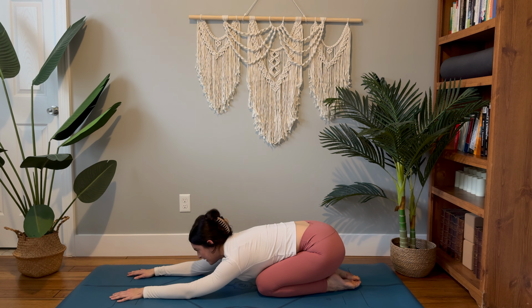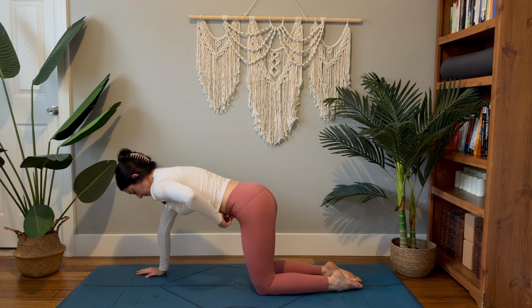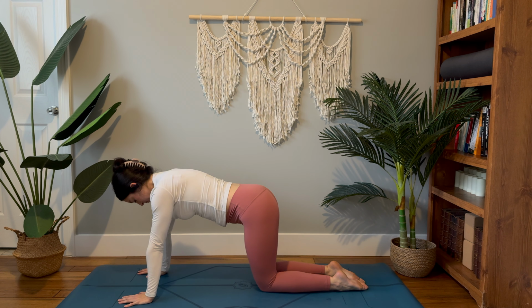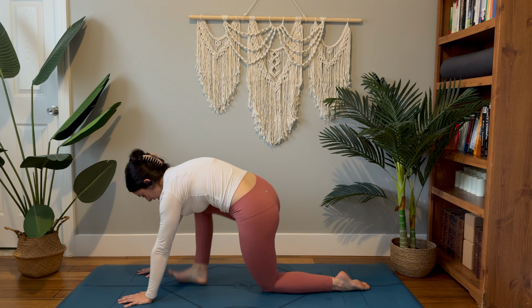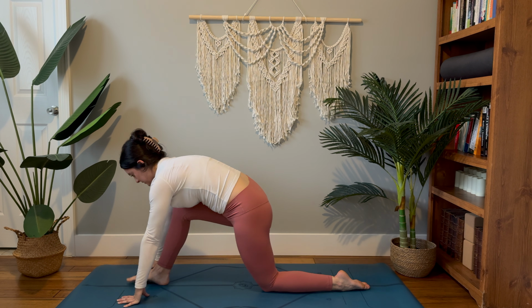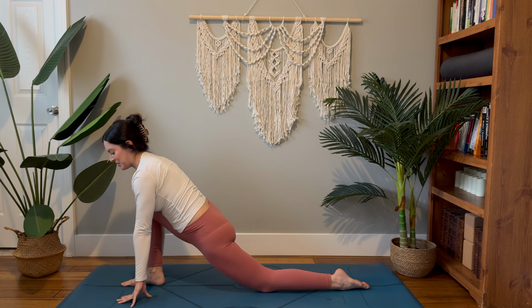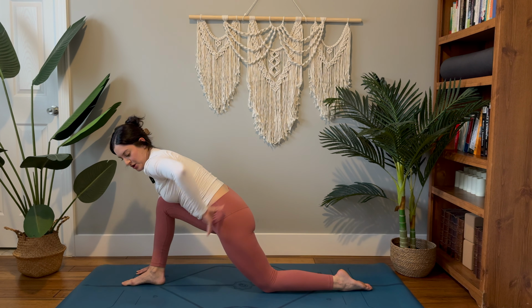When you're ready, go ahead and look up between your hands. Meet me in tabletop on hands and knees. And then go ahead and start to bring your right knee in towards your chest and plant that right foot. You may have to walk it up a little bit more. You want it to be just about between your hands. So your right foot is planted nice and firmly between your hands, and kind of bring your awareness to your